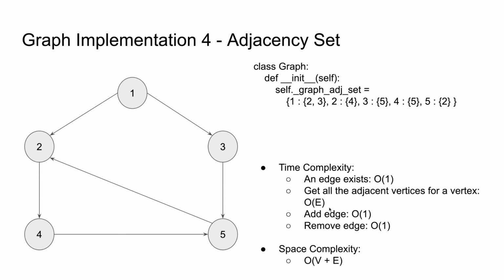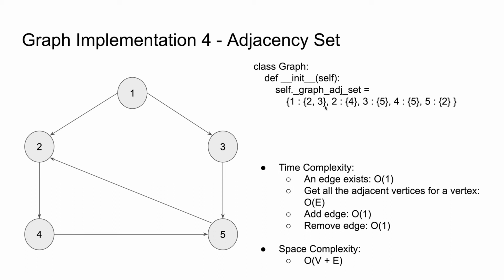The third is add edge. To add any edge, basically we need to do a lookup for that particular key, that is the source vertex for the edge, and we have to add the destination vertex to that particular set that the key represents, and this is again gonna take O of 1 on an average. The fourth case is remove edge. To remove the edge, again we need to perform that operation on the set, and it's O of 1.